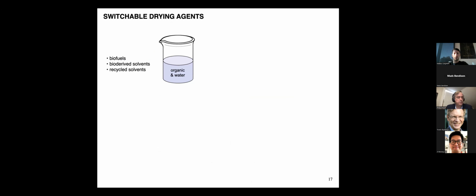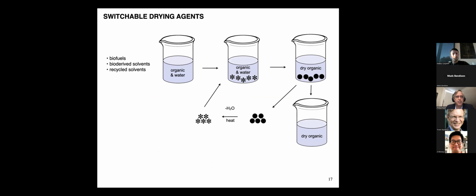Switchable drying agents. We're making drying agents. If you want to pull water out of organic liquids like fuels, you don't want to spend too much money getting the water out, and so distillation may not be desirable. You can put solid absorbents in there, like molecular sieves or something like that; you guys do it in the lab all the time, I'm sure. You throw it into the organic solvent or fuel and water mix, and the drying agent absorbs the water and gets saturated. And then you pull the drying agent out and now your fuel is dry.